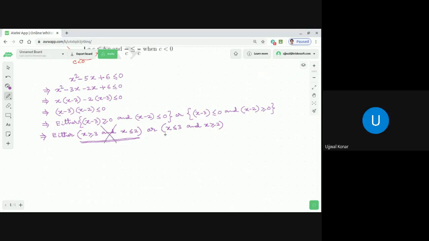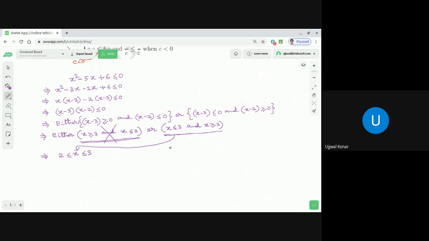Then what is there? Let's see whether it makes sense or not. x is less than equal to 3 and x is greater than equal to 2. That means x is such a number which is more than equal to 2 and less than equal to 3. That is possible. There are plenty: 2.5, 2.7, 2.1, 2.99. Correct or not? So from here, what solution are we getting? That 2 is less than equal to x less than equal to 3. Correct or not? Exactly. From here I am writing this.